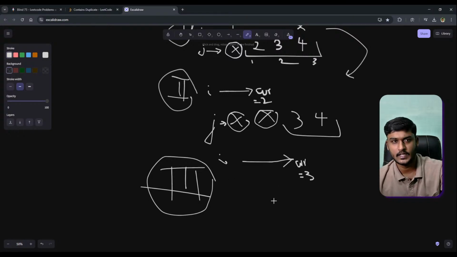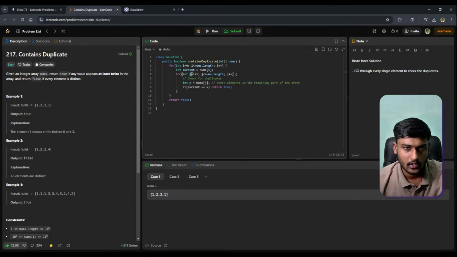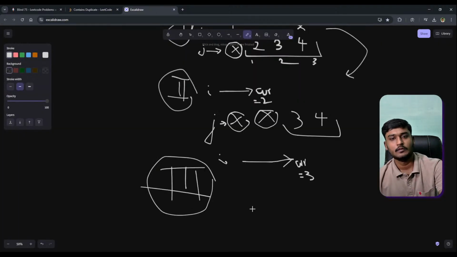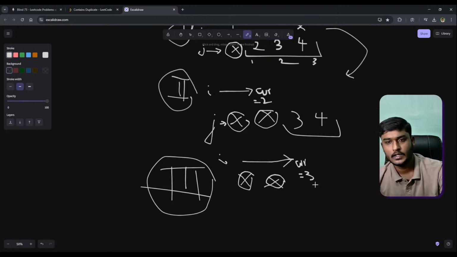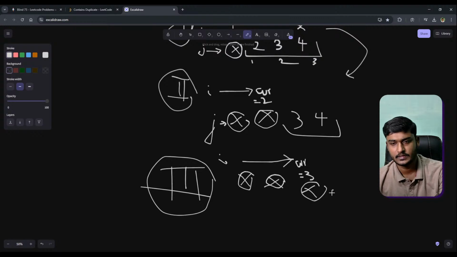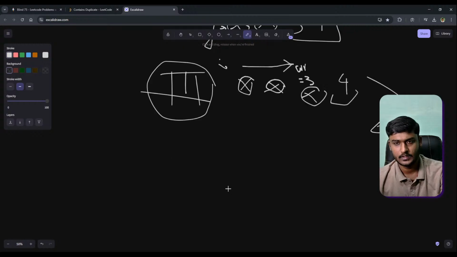Sorry for not sharing the screen first. Because we are using j equal to i plus 1, we're simply skipping the part that we have already covered. In this way it's kind of efficient but not completely efficient. So when current is equal to 3, we don't need to check the first 3 places, we only need to check the 4th place. So 3 is equal to 4, no it's not. So we'll go to the next iteration, which is the 4th iteration.